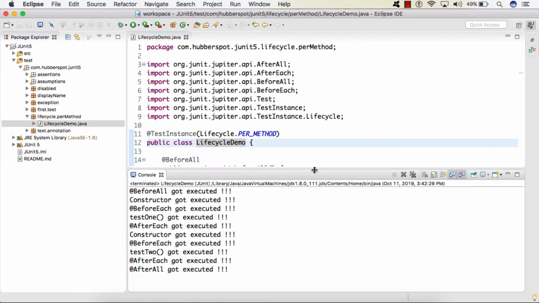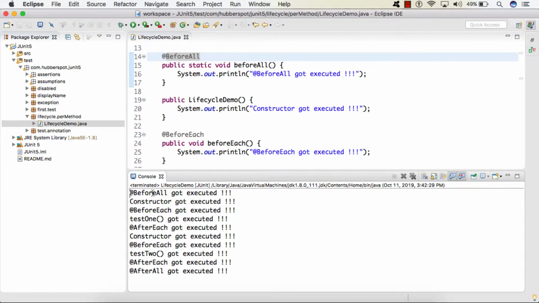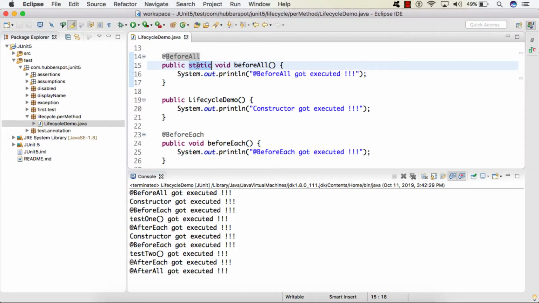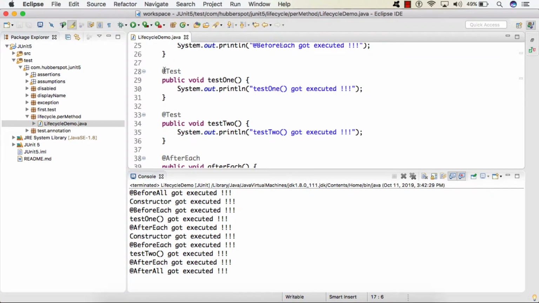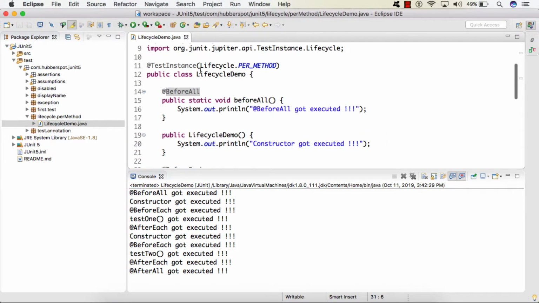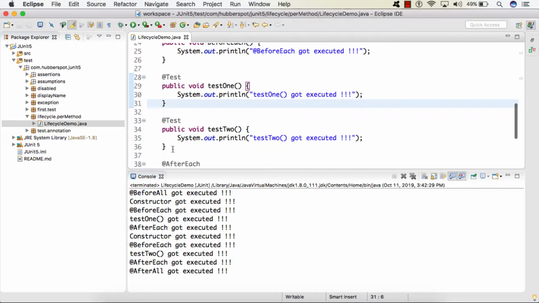here you can see the flow which we discussed in our previous lectures. The first method to get executed is @BeforeAll, which is a static method. And after executing @BeforeAll, JUnit sees that there is a @Test method. As we are discussing lifecycle per method, we know that for each and every @Test, a new instance of the test class is created.